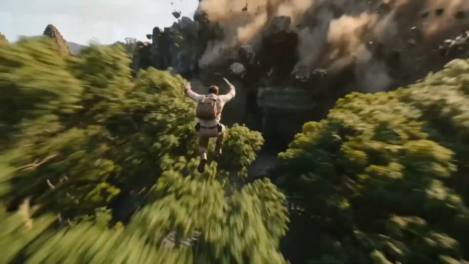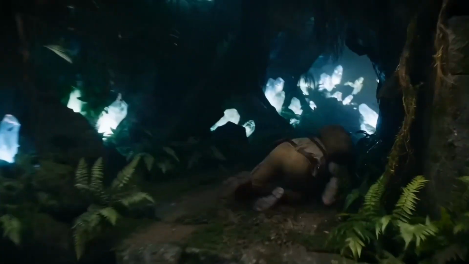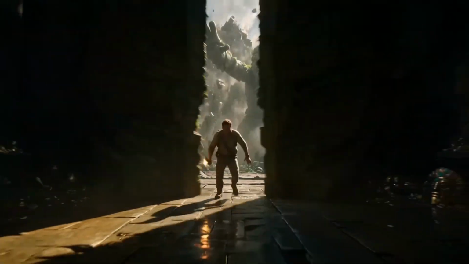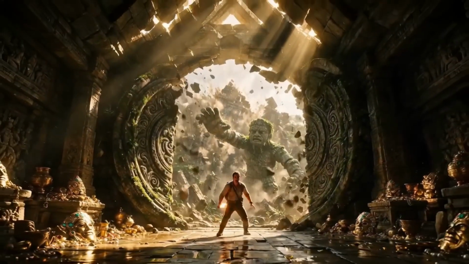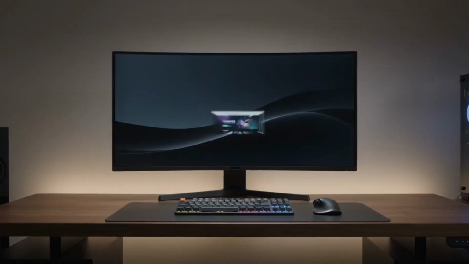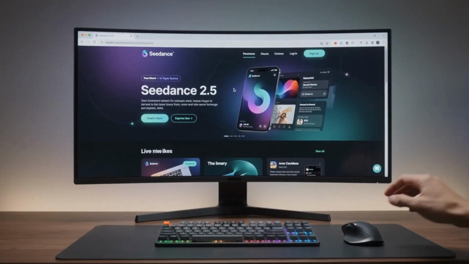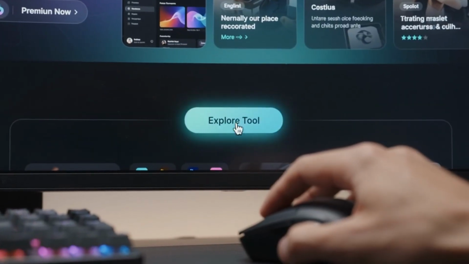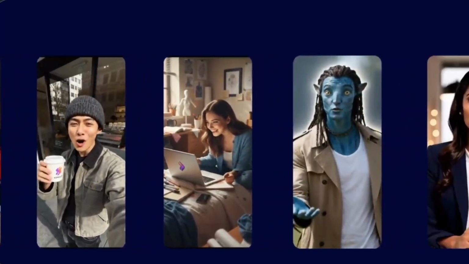What if I told you this entire cinematic sequence you're watching right now, from the realistic camera movement to the detailed environments and storytelling, was created using a single AI model inside one platform? Today, I'm testing Seedance 2.5 on VOSU, and instead of just generating random clips, I'm going to create a complete